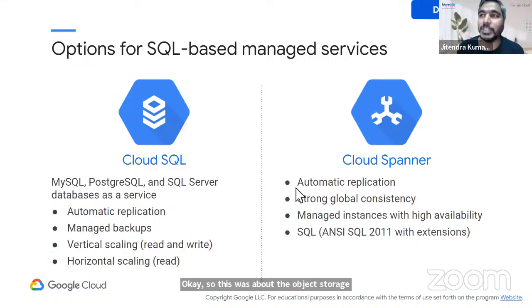Let us talk about some of the SQL based or relational database options that we have got. Right, so two choices for your OLTP kind of workloads: online transaction processing, as Nitesh was asking earlier. Right, if it is transactions that I'm dealing with, then what do I need? I need a very standard typical relational database service that I have got. Right, and two choices we have got for your OLTP workload: Cloud SQL and Cloud Spanner. Cloud SQL gives you all of these capabilities. It supports MySQL, Postgres, and SQL Server.